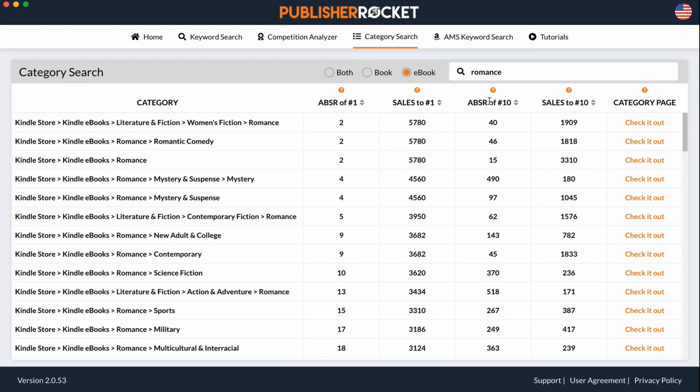Now the ABSR of number 10, that's the number 10 book in the category, and that gives you a sense of the 10th one. This is a little more attainable, although number 40 is still really high. You can see sales to number 10 is 1909. That's still a lot. We check out